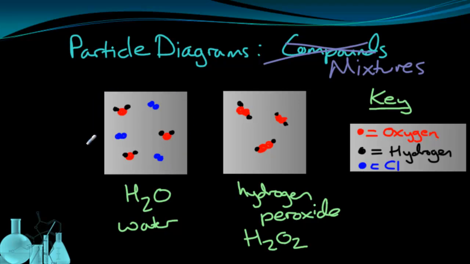I've actually now made a mixture of Cl2 plus H2O in this one sample of matter. So this one sample of matter is representing a mixture of 2 different substances. And I could draw on a third one or a fourth one and make the mixture more complicated, but you get the idea. Now that we've looked at some examples of elements, compounds, and mixtures and representing them with particle diagrams,